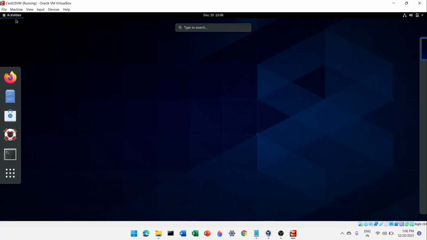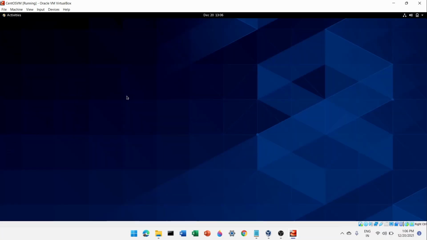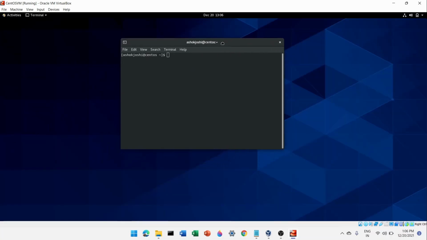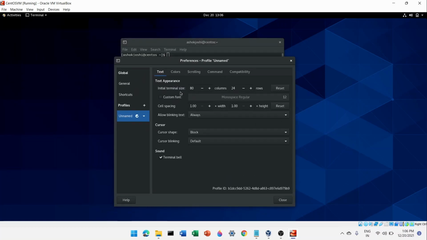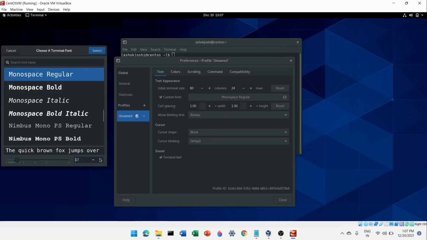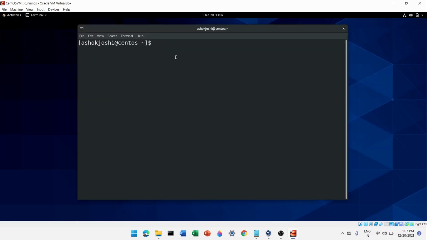You can open up the terminal now, and everything is bigger. You can also edit the preferences and make custom fonts to increase the font size. Let me make it 19, and now you can see properly. It has become a lot better than last time.